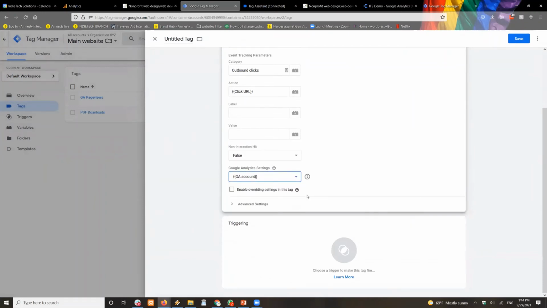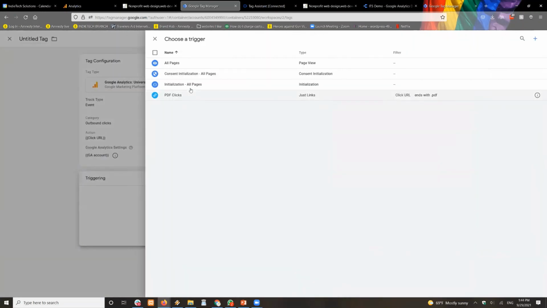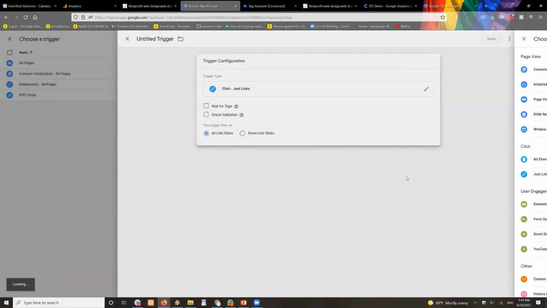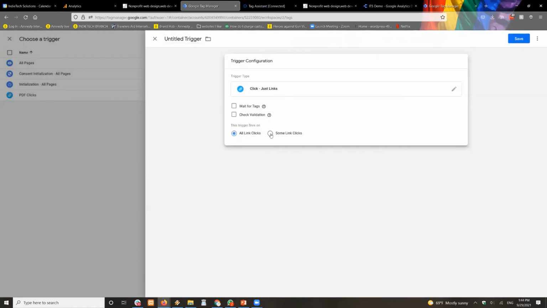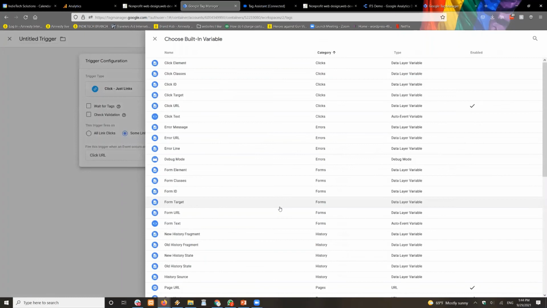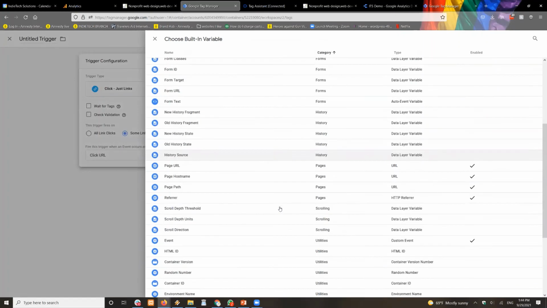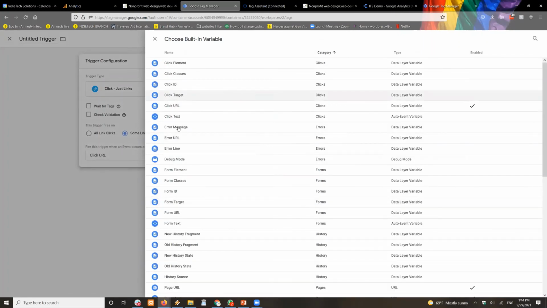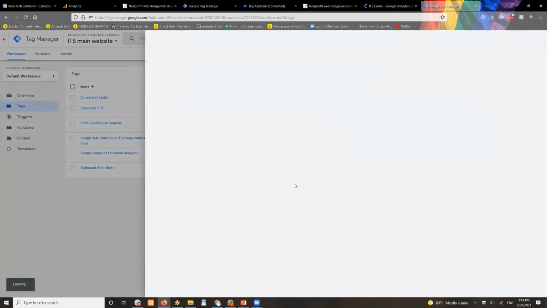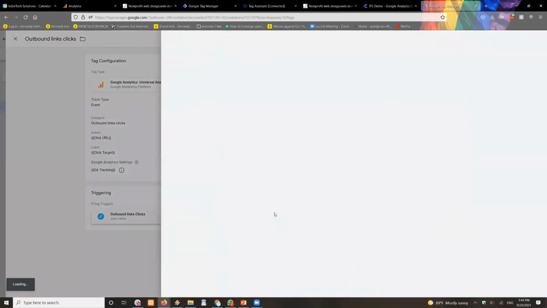I will send this to the Google account, and the trigger will be, let's add this, I'll call this just links, some of the links. And then I will do built-in variables. This one, I forget which one this is, on click target. That's why I have another account. I forget what this one is actually. Outbound links.